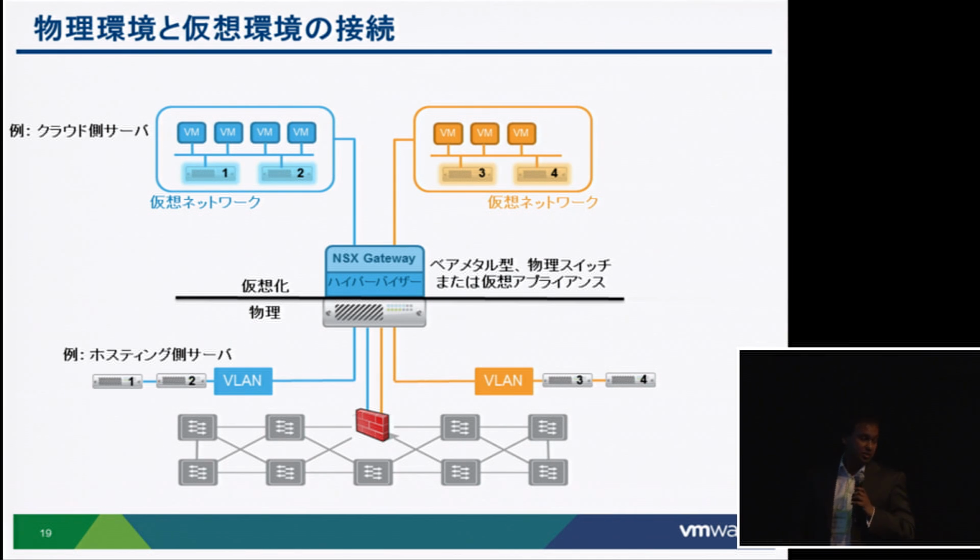OK, good. So we also have a capability called the gateway, which allows you to connect cloud servers in the virtual world into the physical world. The way we do it is via an x86 appliance or using TOR top-of-the-rack switches, which are compatible with NSX. And we just bridge the virtual network via the gateway into a traditional VLAN, where you might have traditional L2 with a bunch of physical servers. So we can non-disruptively now introduce network virtualization and provide connectivity to your existing infrastructure and your existing